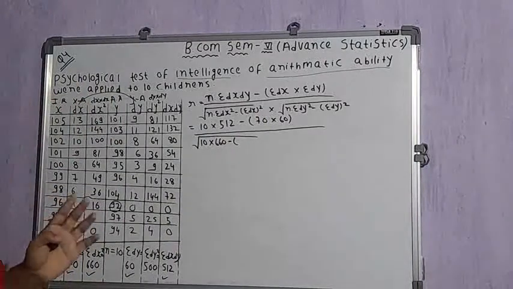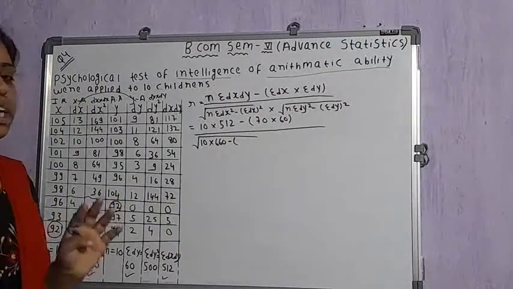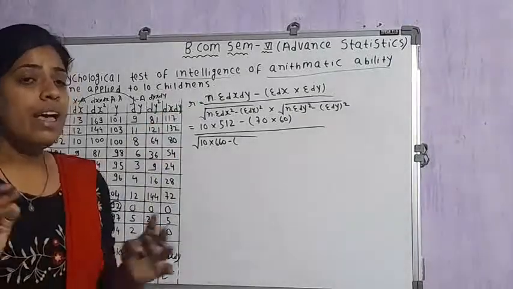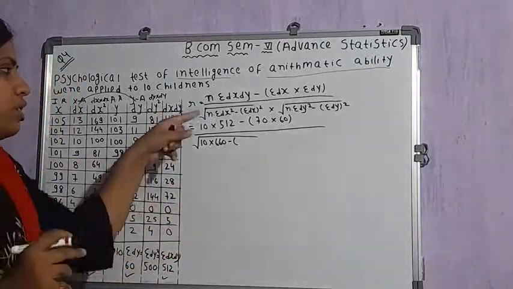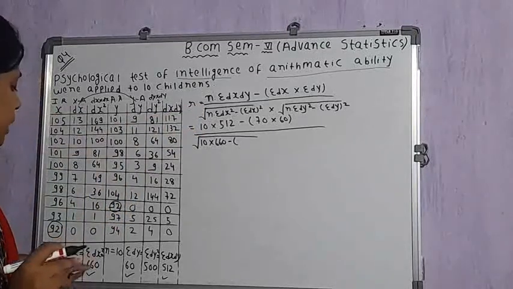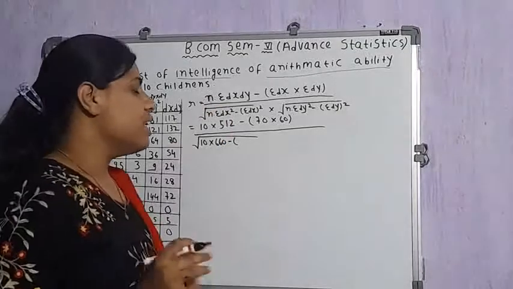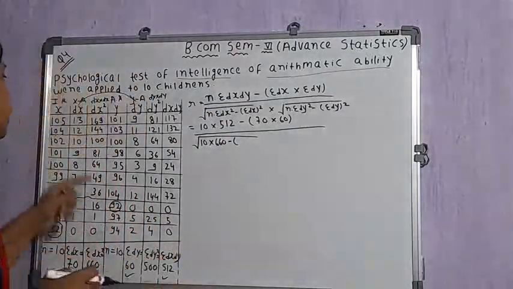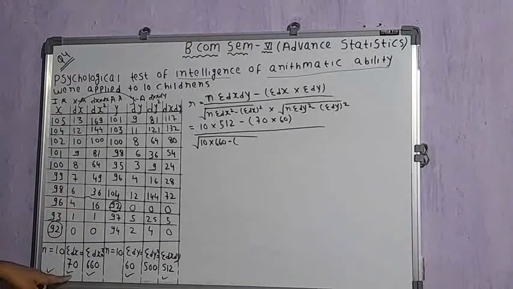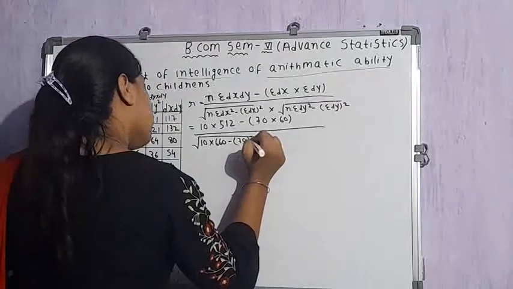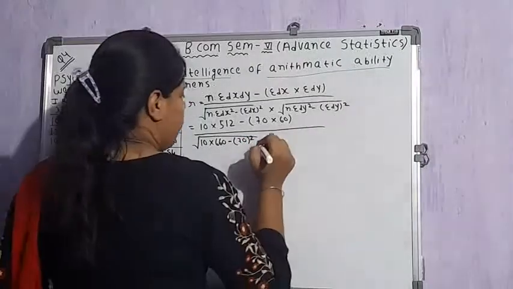Now one thing that you have to keep in mind is don't get confused between summation dx square and summation dx whole square. When summation dx square has been given, we have taken the value of summation dx square. But when summation dx whole square is given, what we have to do? We have to take the value of summation dx. Here it's 70, so we will write 70 and then you have to make the square of it. So we will write whole square of 70.